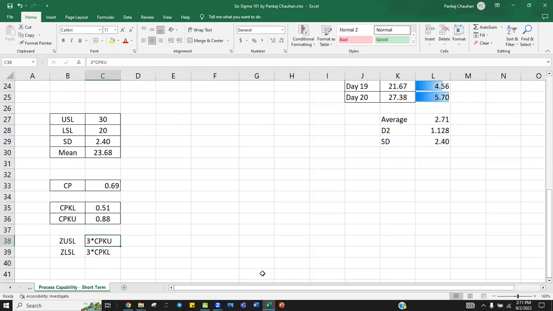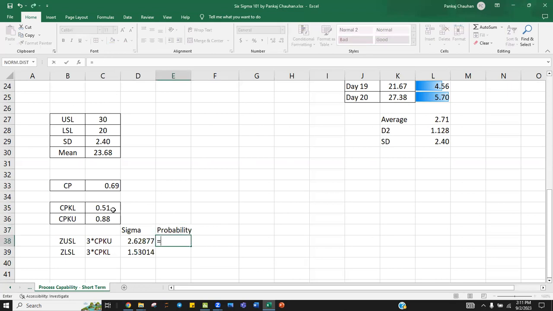So if I see my sigma level on the upper side of the specification, it is 3 multiplied by CPK-U, which is 0.88. And ZLSL is 3 multiplied by CPK-L. This is my sigma level. All right. Now, if I want to convert that into the chance or the probability,